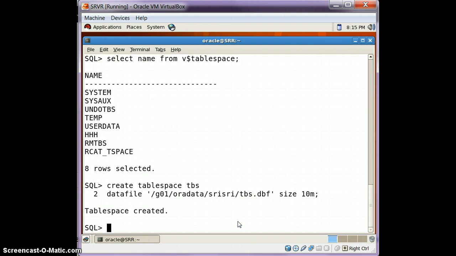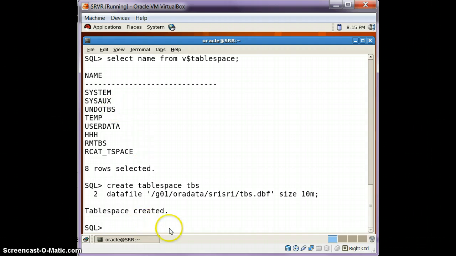That would be a locally managed tablespace, and for a dictionary managed tablespace I guess it is 3 KB, yeah, the minimum size. You cannot create a tablespace smaller than that. So 2 KB is the minimum size that you have to remember. So we have created a